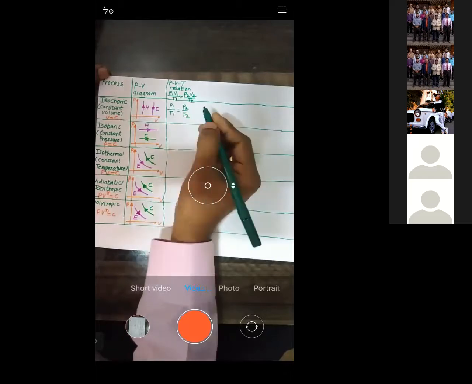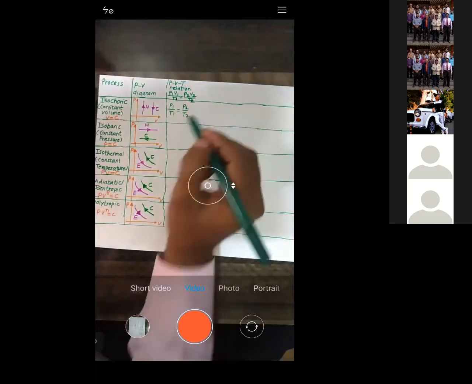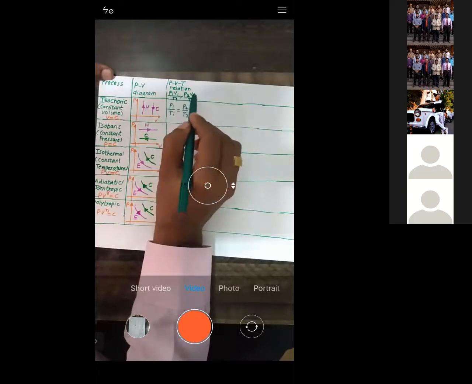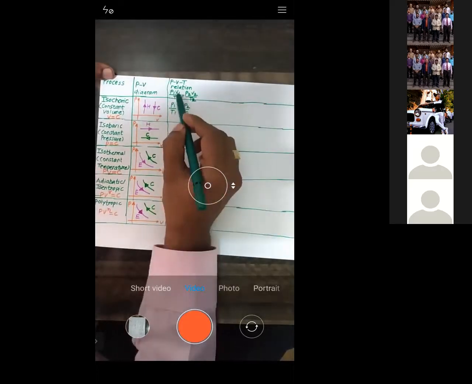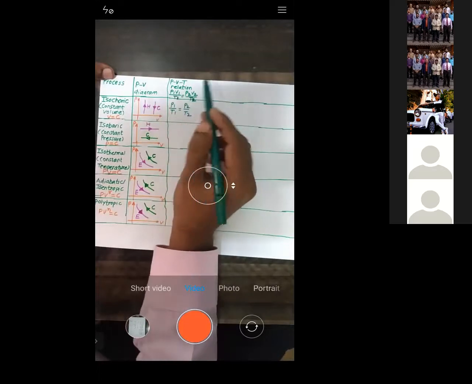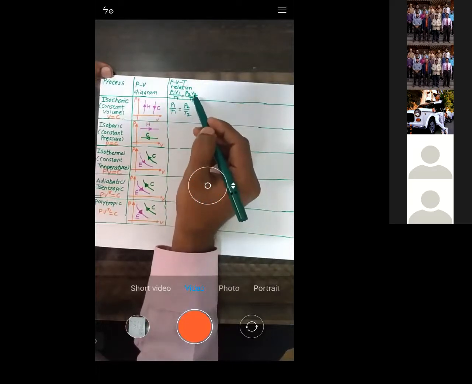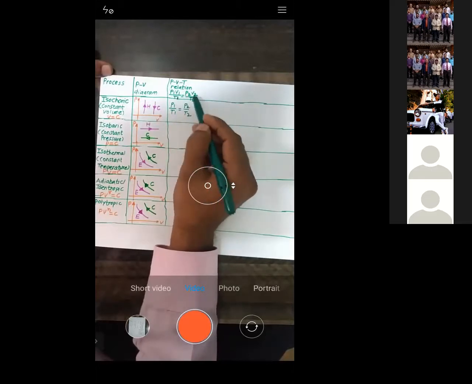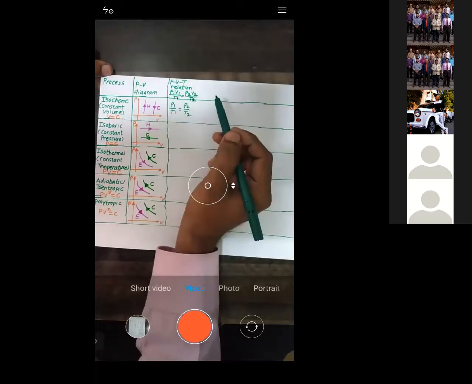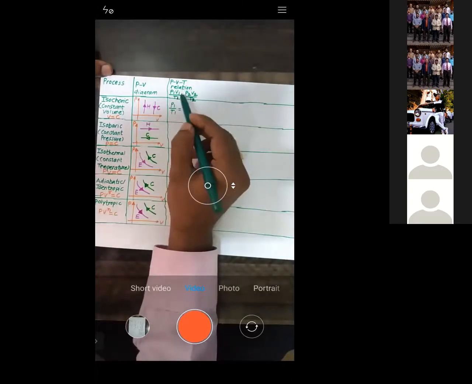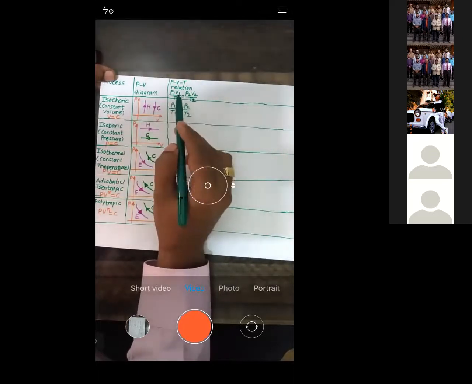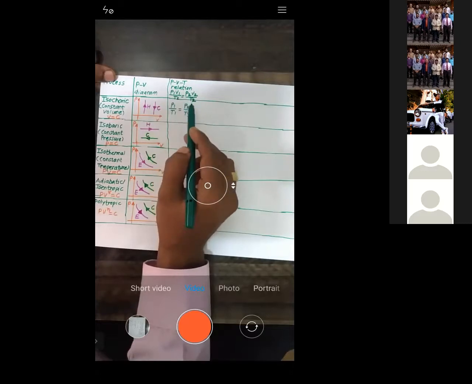Try to understand. We have already derived it, but still I'm telling you how to remember it. You remember this equation, P1 V1 by T1 is equal to P2 V2 by T2, because P1 V1 is mRT1 and P2 V2 is mRT2. So you can write P1 V1 by T1 is equal to mR, P2 V2 by T2 is equal to mR. You can equate the left hand sides, so P1 V1 by T1 is equal to P2 V2 by T2. In this process, volume is constant, so V1 is equal to V2. So P1 by T1 is equal to P2 by T2.